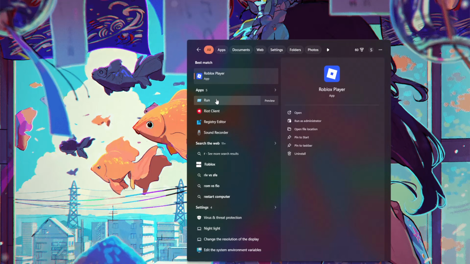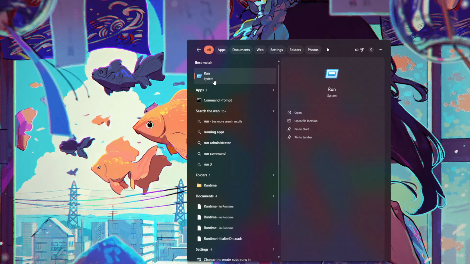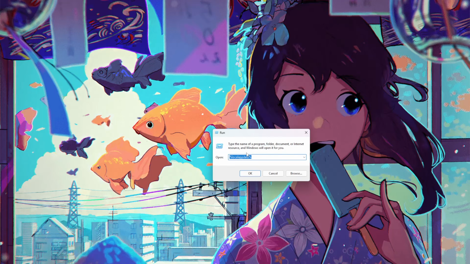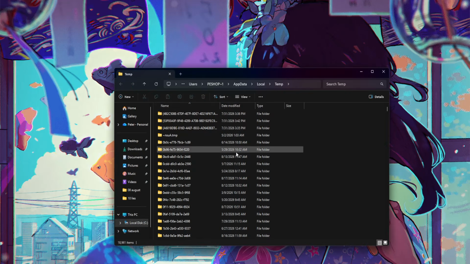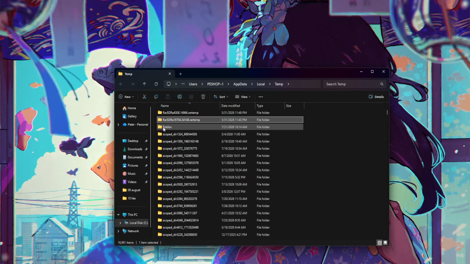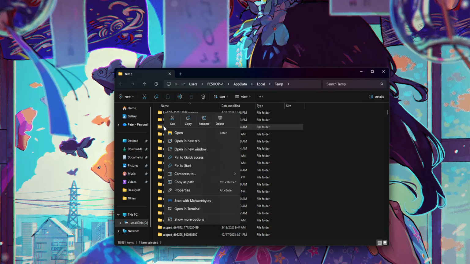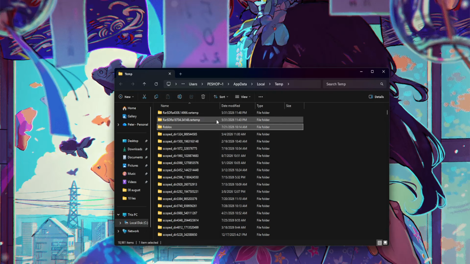to be again opening up our computer search, searching for run, and this time we are just going to type temp. So percentage, temp, percentage. In here, you just want to find any Roblox folder which you may have and right click on it and delete it. Once you delete that, you can again close